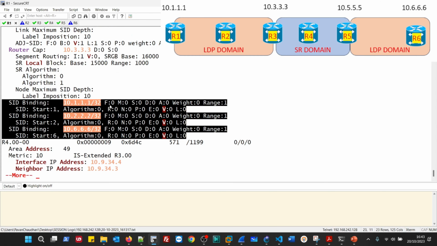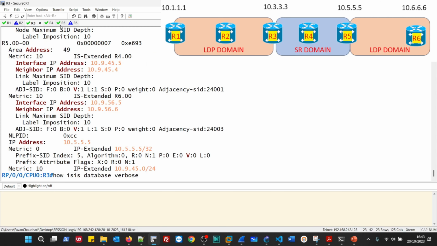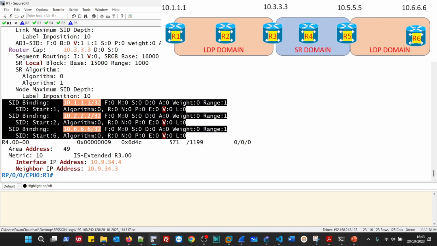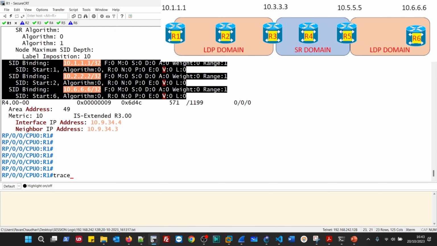right? But these routers are not running segment routing, so they can't do anything with these prefix-sid values. So now if we check the trace route from R1 towards R6,